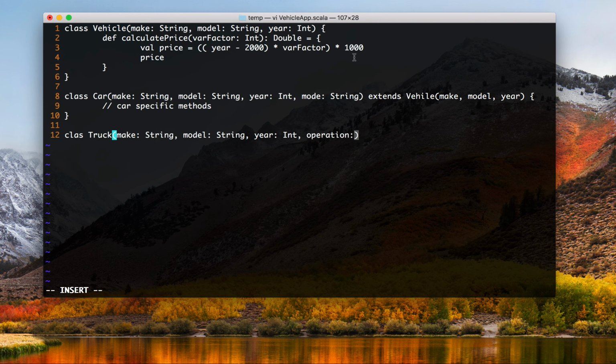So similarly for car, in the mode you might have a gas mode, or you might have an electric mode, those kinds of things. But that's not something that we need to worry about. We just keep in mind that we have additional attributes that are not in the superclass. That's all we need to keep in mind, because that's what we are trying to simulate here. Operation, I'm going to define String, and then again extends Vehicle